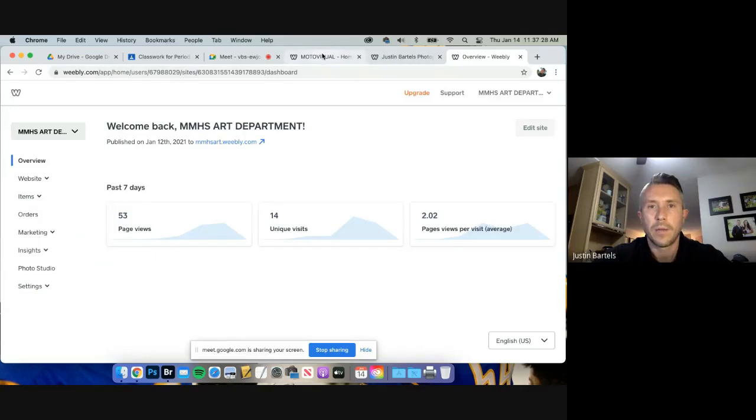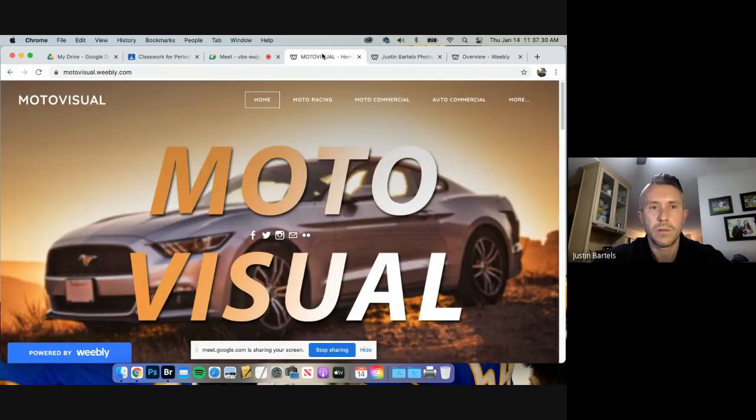So for example, this is my Moto Visual. So all my kind of moto and auto photography. So it's motovisual.weebly.com. It was available. You'll see I have a custom header that I made. If you want to use, just for all the headers and kind of extra photos, you want to use your